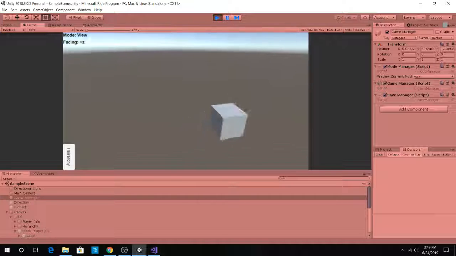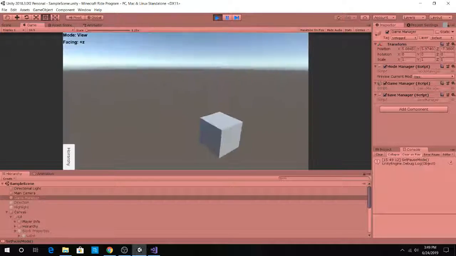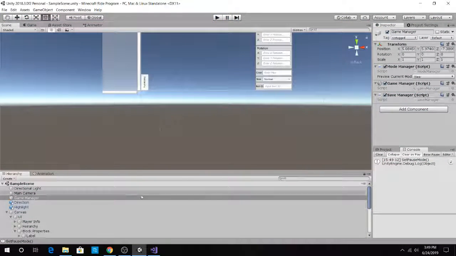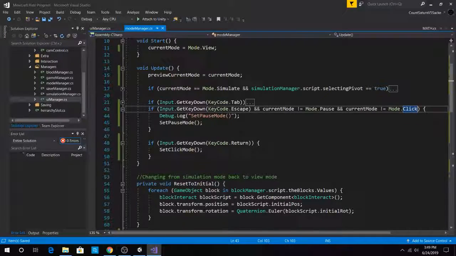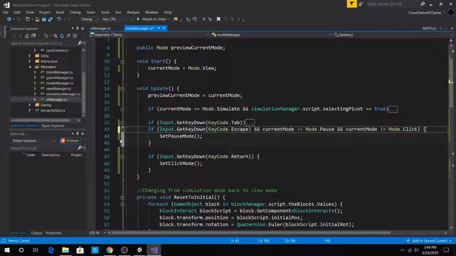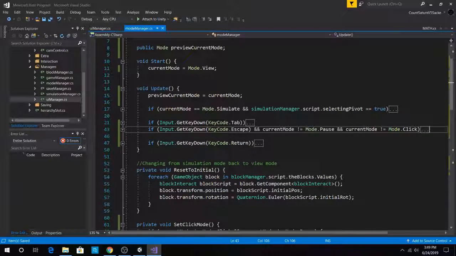Let's enter again. It goes back to where we want it to be. Pause, view, pause, click. There we go. Perfect. It's exactly what we needed it to be. So yeah, with that, I think we can say we definitely improved the